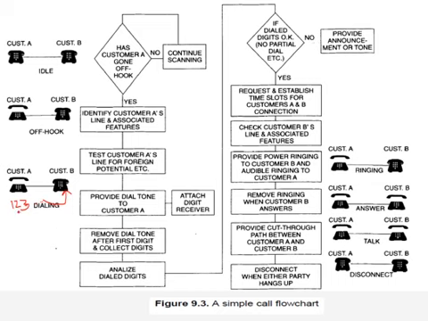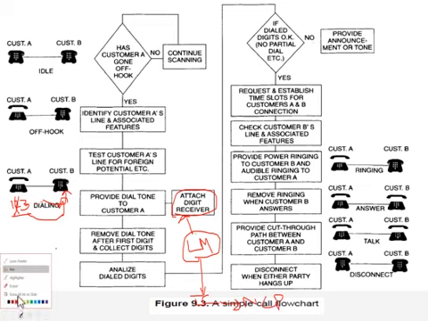Now, in this process, customer A might have missed out one number. If he misses out, then they will not be able to get connected to customer B as the number might be wrong. Now, let us assume that we have received all the digits. This digit receiver is attached with the help of the line module, which collects the digits which are dialed and gives them to the interface controller, and then this gives it to the NCP. So that is basically what happens in this case.